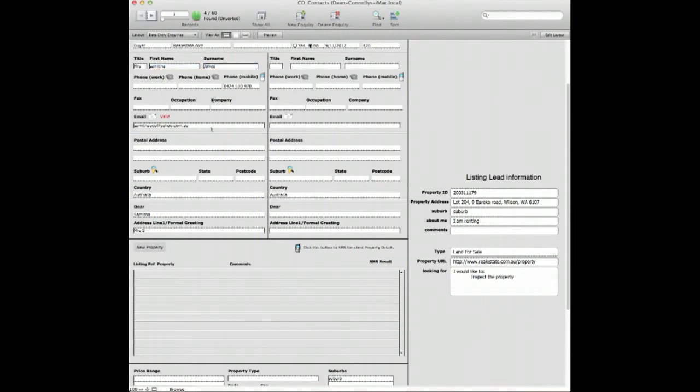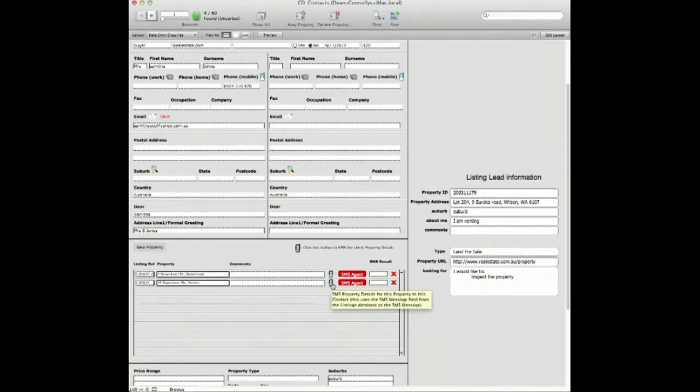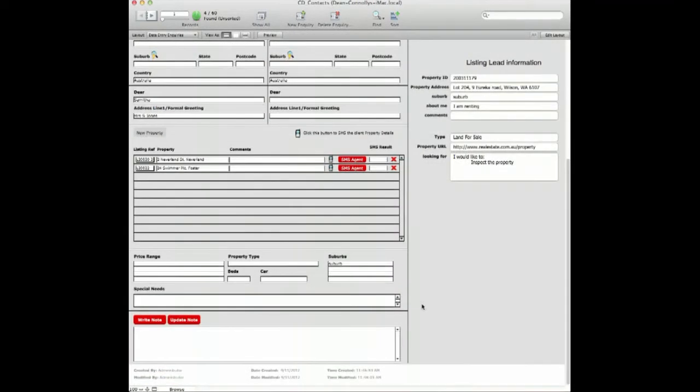So we've got Miss Samantha Jones. We've got some properties that we may speak about with Samantha while we're on the phone. And what we can do with these properties that we enter here is we can SMS further details to Samantha straight away. If she'd like to just have a quick drive past these properties, I'll just grab a bit more information. If we scroll down a little bit, we can see the price ranges and we can enter in the buyer details